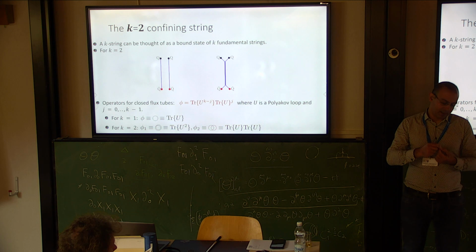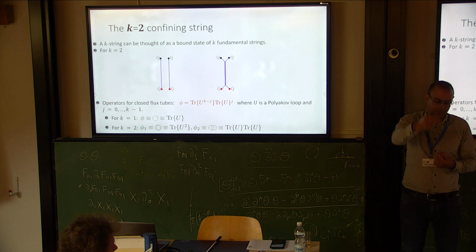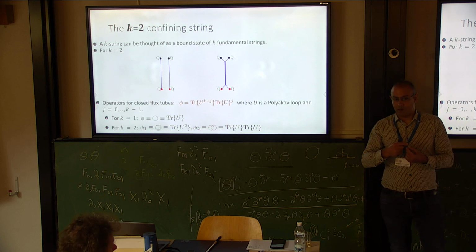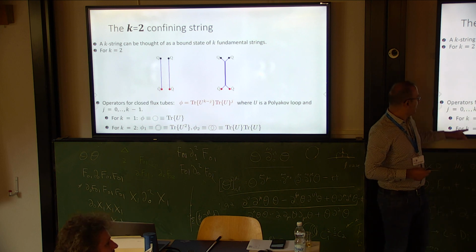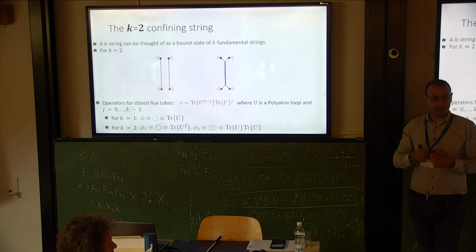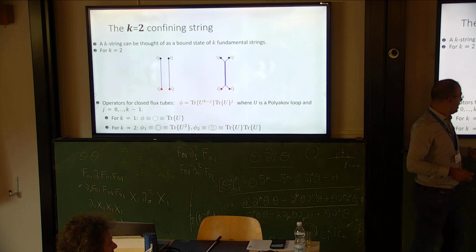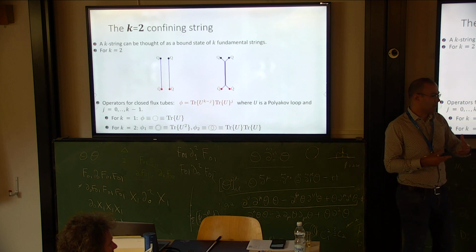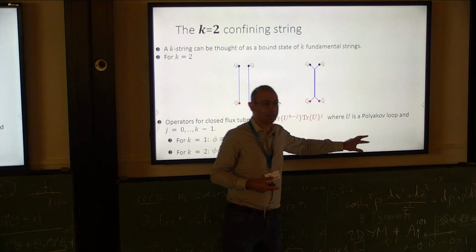Either you construct a Polyakov loop that winds twice around the torus, so you take the path-ordered product of links around the torus twice, okay? Or you just construct a K equals 1 flux tube that winds once and square it, okay? You take the trace of U squared. Now, in order to project onto the K equals 2 antisymmetric, basically you need to take the linear combination of this guy minus this guy, okay?